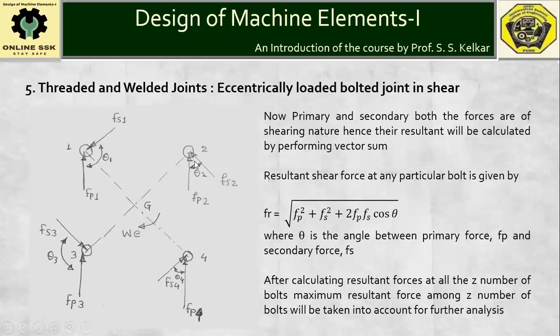Being at the same distance, all the secondary forces will be the same as experienced by all the bolts. Therefore, our logic will depend upon the value of theta, as theta 2 or theta 4 is smaller than theta 1 and theta 3. Therefore, either bolt number 2 or bolt number 4 will be the critically loaded bolt. So design will be based on the value of Fr, the resultant shear force as experienced by either bolt number 2 or bolt number 4.